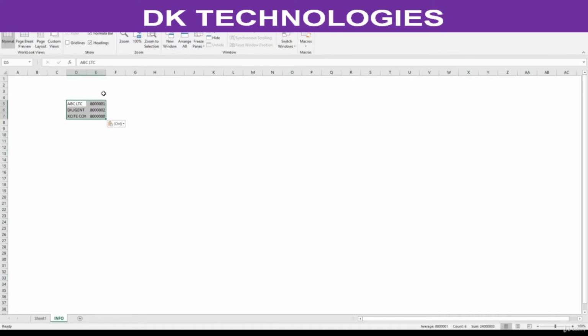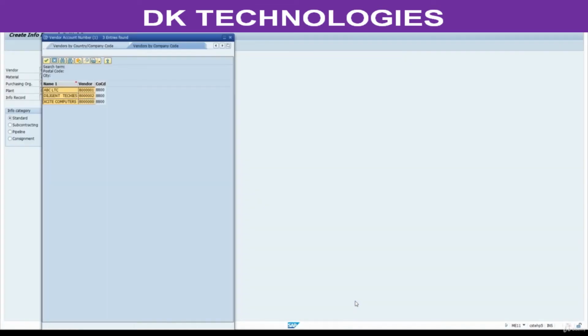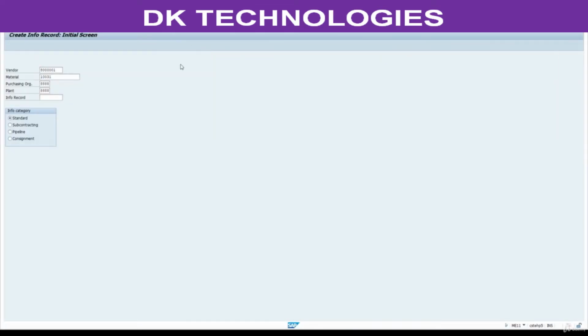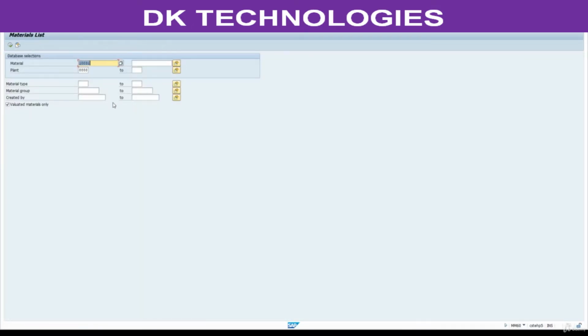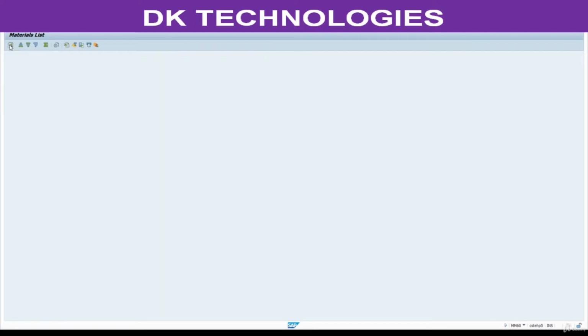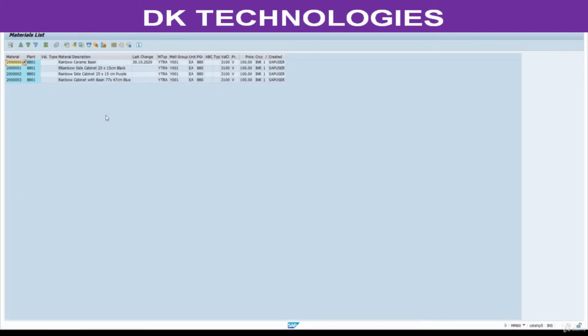Here I have these vendors. I will open another session. Go to MM60. Remove this. Enter plant 8801. Press F8. So these are the materials we have. I am going to copy this as well.